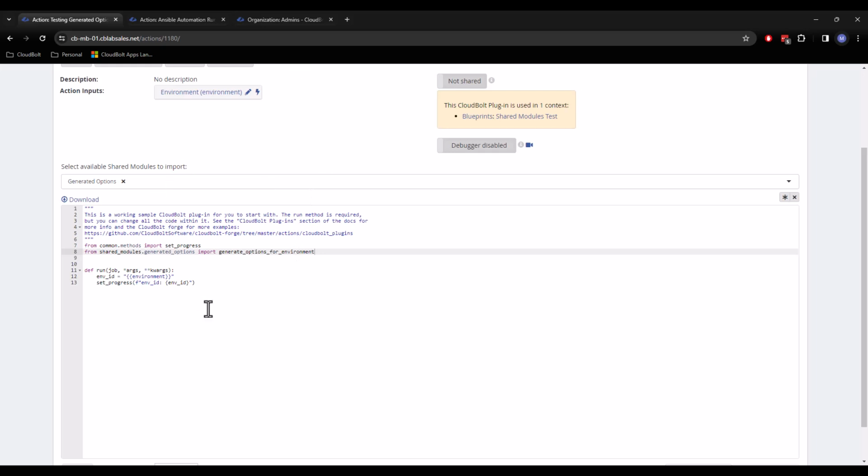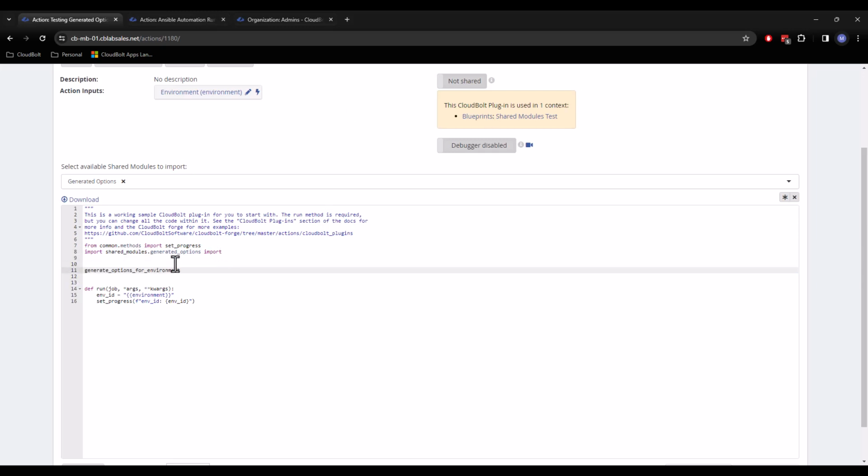So if I wanted to override this, I might take a different route. Let's do import as generated option. I have to approach this a little bit differently because of what's going to happen if I try to do that from